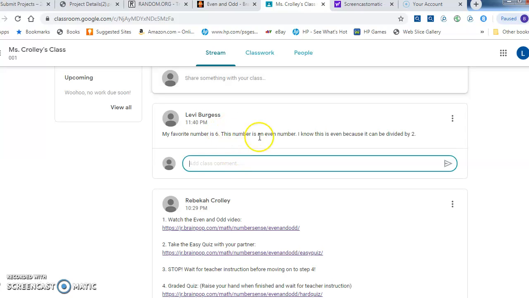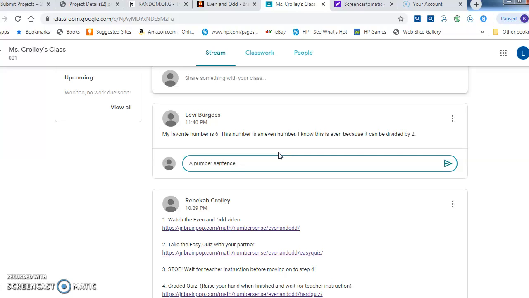So I would just click on the one that I want to comment on, click underneath it, and for homework, let's just say that we were told to create a number sentence that has the favorite number of their classmate as the answer. So I would say a number